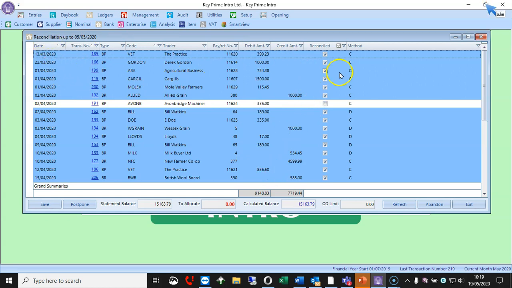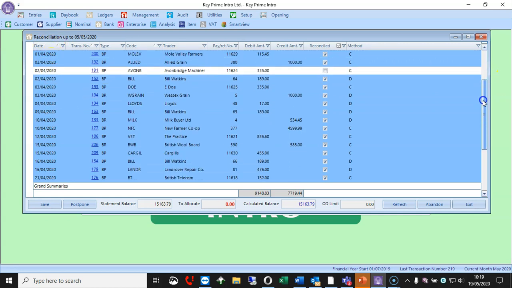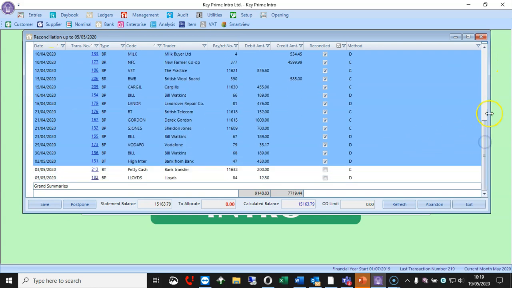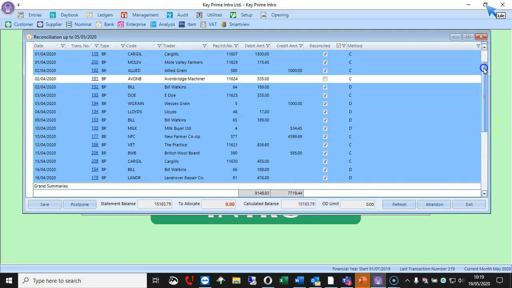So we're looking for, when you load up your reconciliation, the little triangle up here by default, it will be in date order. So we're looking for the white lines at the top and maybe any other white lines further down. Now my statement might cover my year end, and these are in the new year, so they're absolutely fine.